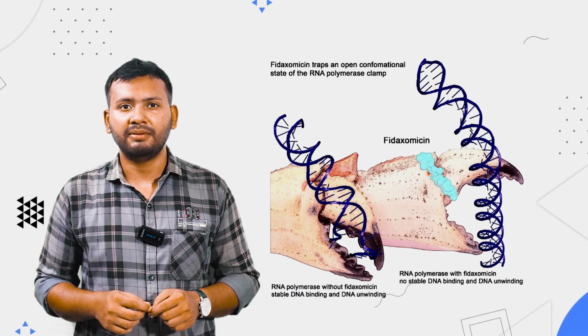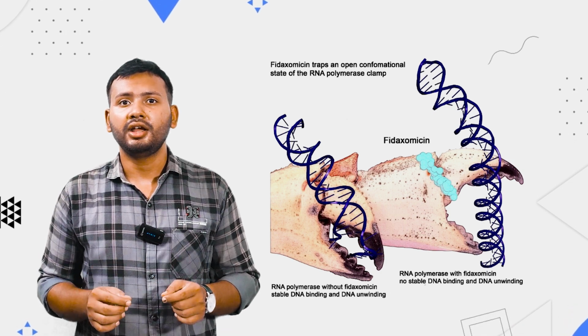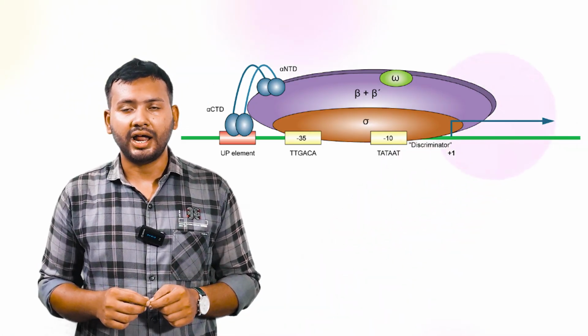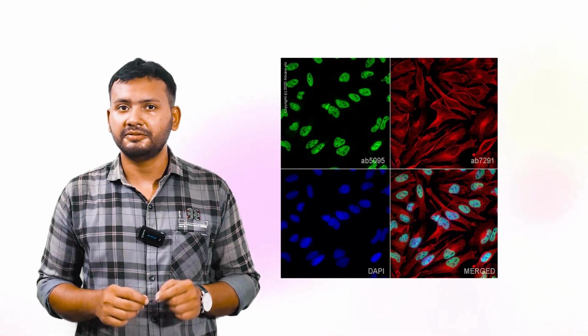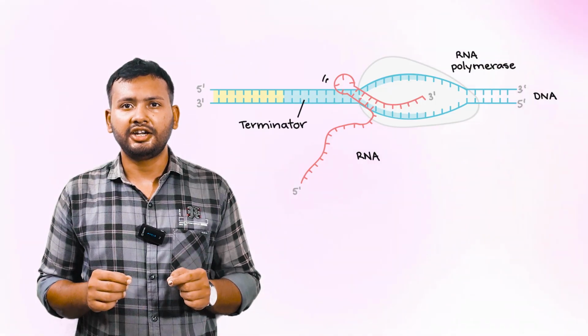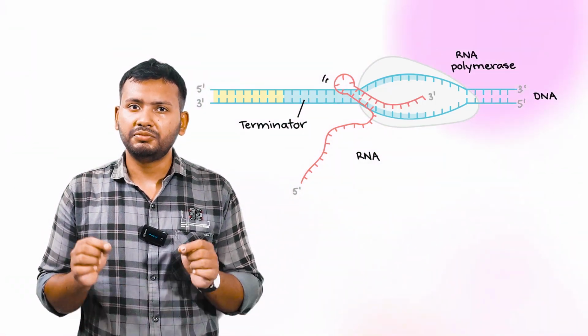The activity of E. coli RNA polymerase relies on magnesium ions, with a transcription rate of approximately 40 nucleotides per second at 37 degrees Celsius. The overall structure of the RNA polymerase enzyme across different organisms resembles a crab claw. The two largest subunits, such as beta dash and beta in bacteria or RNA polymerase beta 1 and RNA polymerase beta 2 in eukaryotes, form the pincers of the claw,